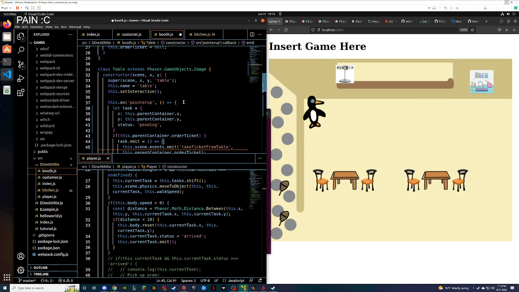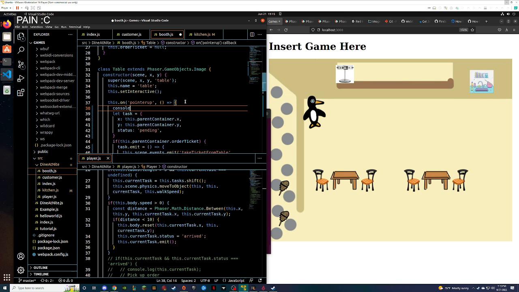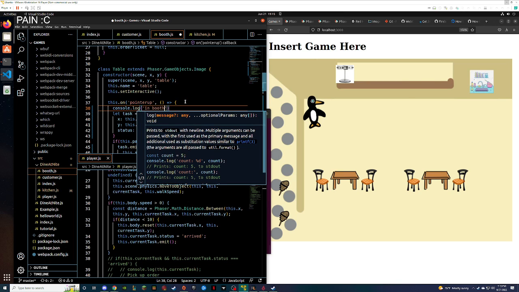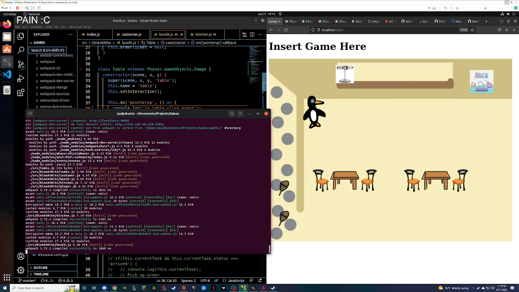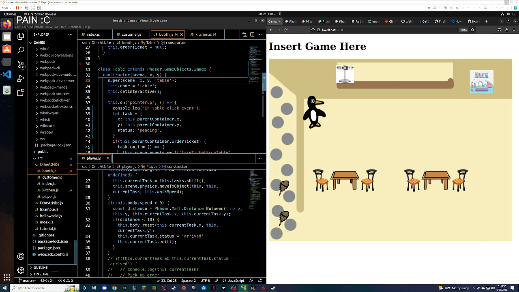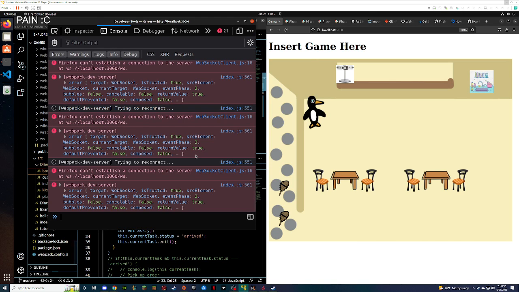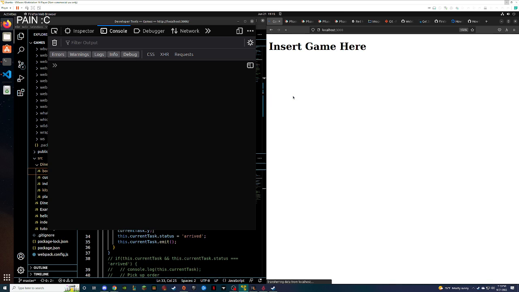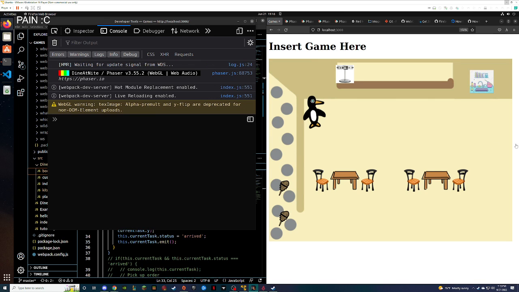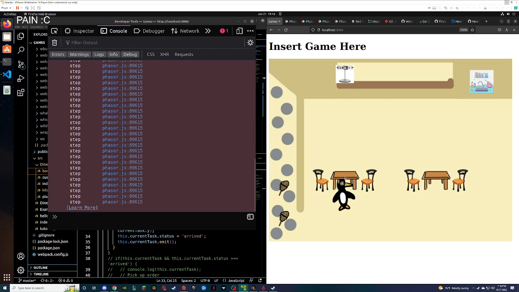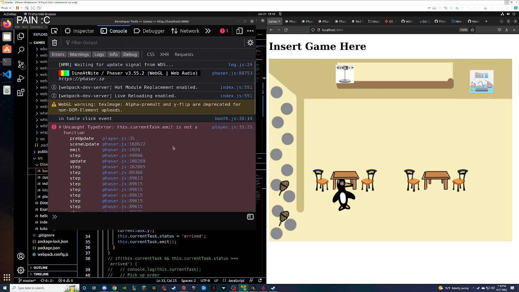Okay, so what we're gonna do is, in table click event, all right. I would like you should be working. Yes. And if I click on the table, okay, so it still needs an emit, but I don't think I need to pass it anything.